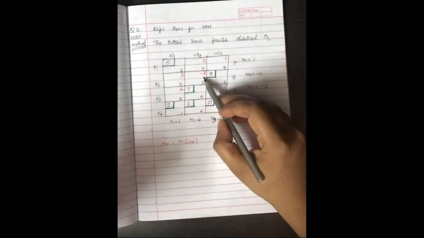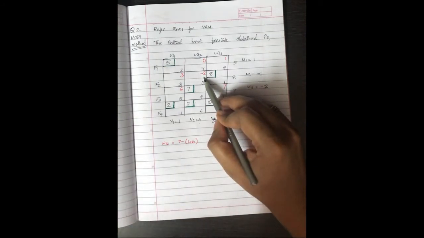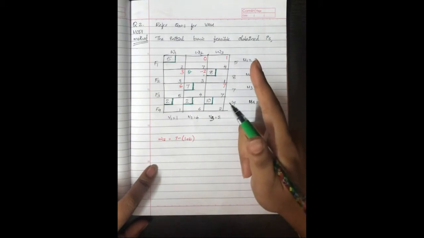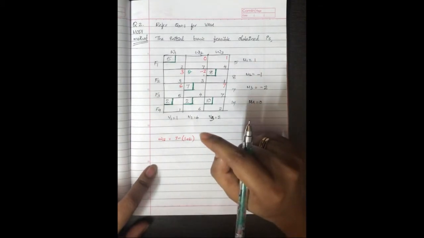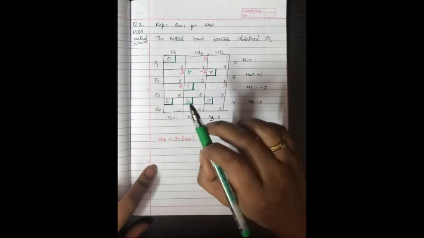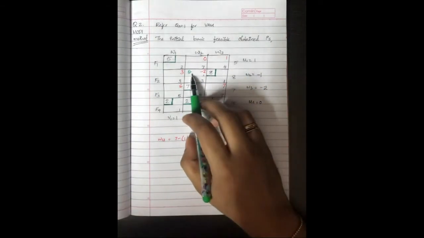So this is a cell having negative Wij. Here we need to put theta. If there is more than one negative value, we need to choose the lowest Wij. If there are two cells having minus 2, we need to choose the cell having the lowest cost value. If here also minus 2, then check the cost value and take the lowest cost cell. So we write theta here.